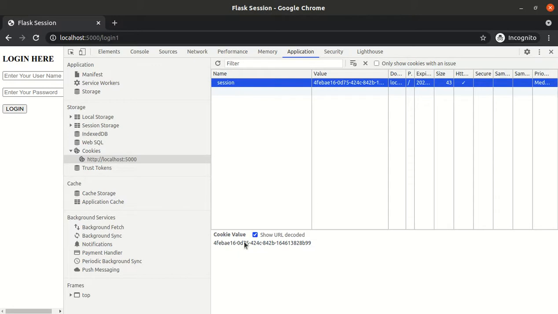What it basically does is, when we store the information at the server side, the main information will be stored on our server, but a small piece of information, the session ID, will be stored in our browser. But if we decode this, we will not get any information.